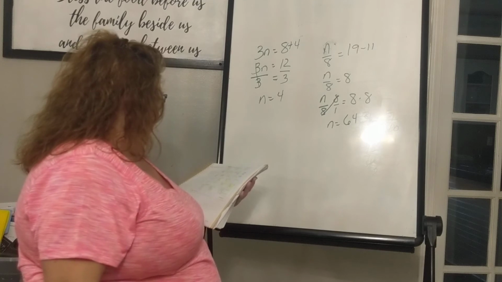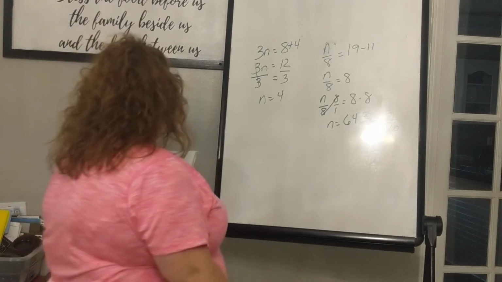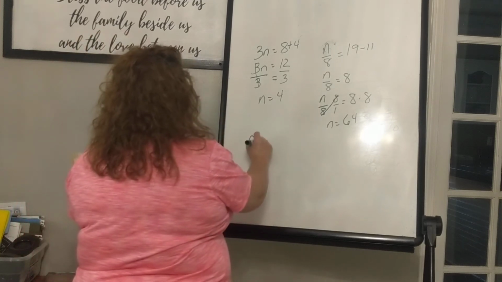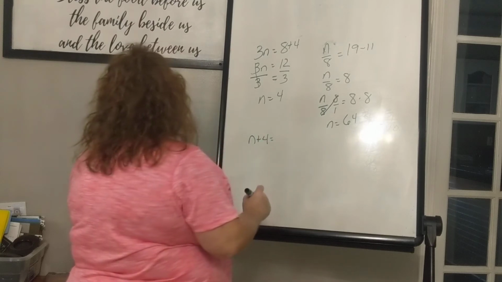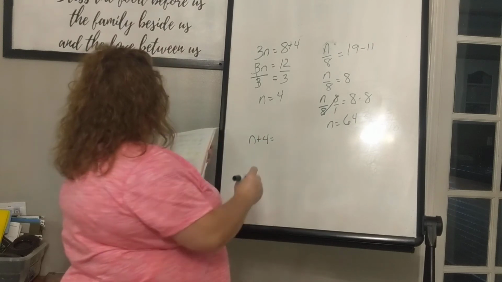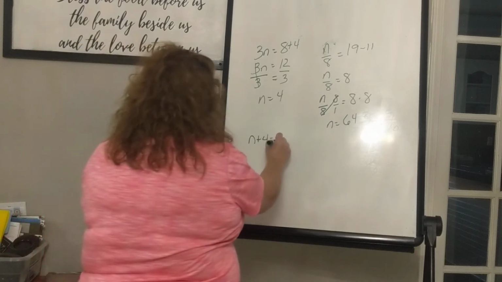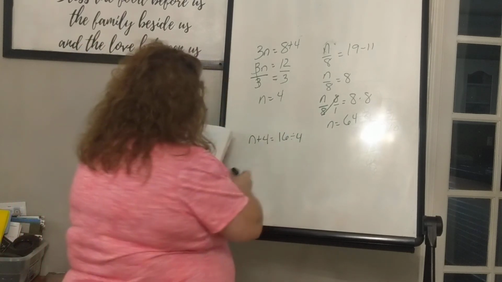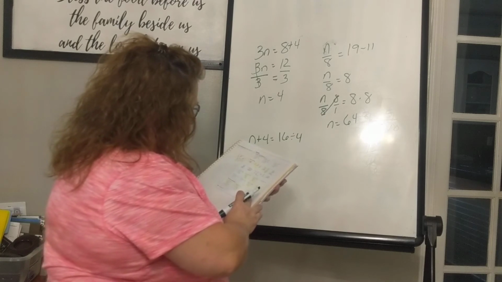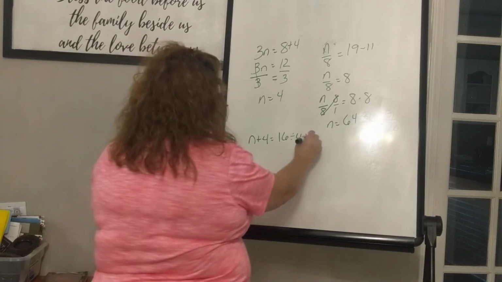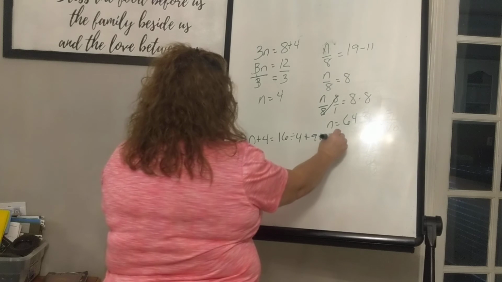And then our last one. They make this look really hard, guys, with all those numbers in there, but it's not. N plus 4 equals 16 divided by 4 plus 9 plus 10 plus,